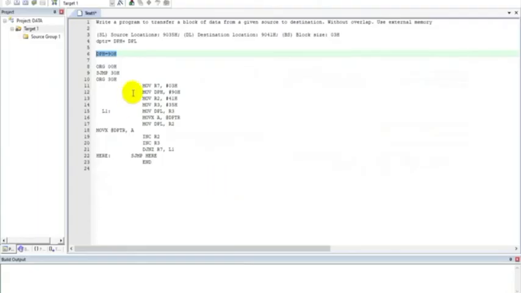So coming here, what am I doing? R3 is having 35. So I am moving it into DPL. Now what will DPL be? 35. So what is the total content of DPTR? 9035H.